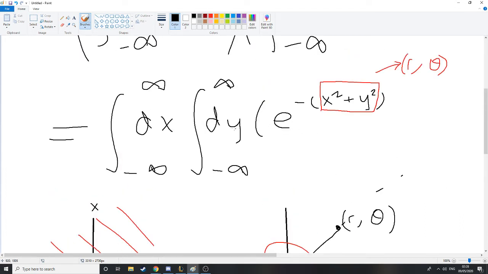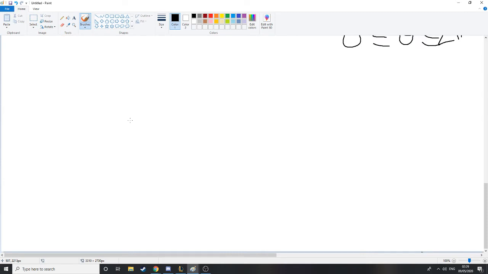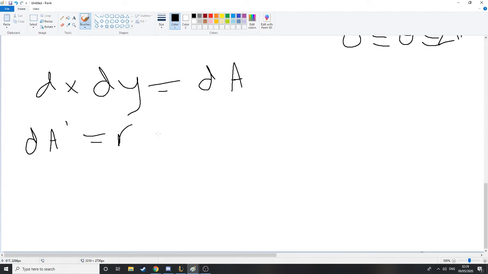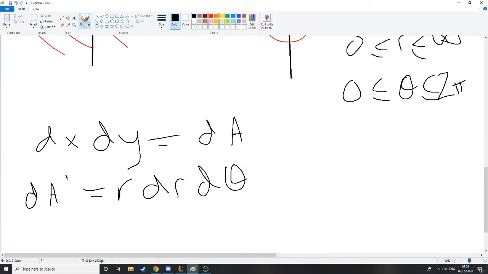And then we also have to deal with the actual function, and also the dx and the dy, the volume element. I'm not going to explain this too much, but dx dy in a multi-dimensional integral we usually say is dA. I want to keep the video as short as possible. But to transfer this to polar, we call it dA prime, and that is equal to r dr d theta. So basically we have to replace the dx dy with r dr d theta,